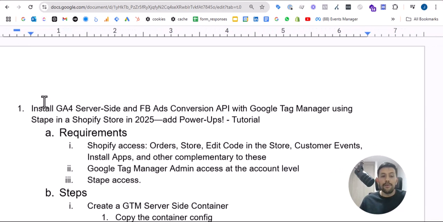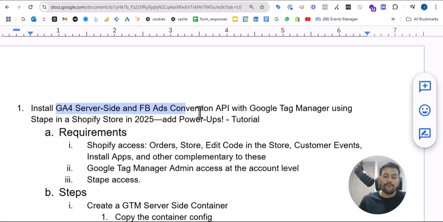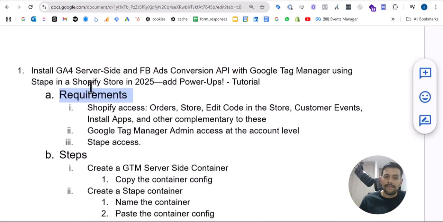Hello guys, in this video we are going to talk about how to install GA4 server-side and Facebook Conversion API with Google Tag Manager using Stape in a Shopify store in 2025, with some power-ups from Stape. The requirements are Shopify access,